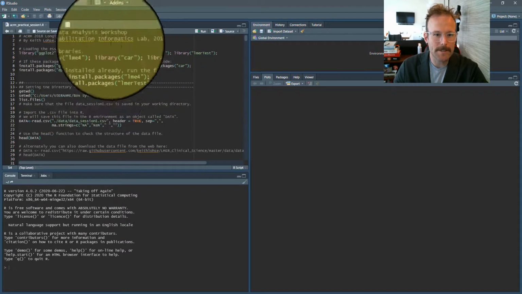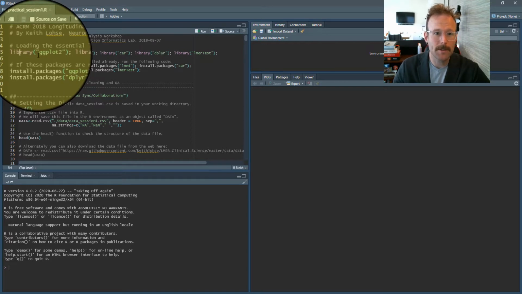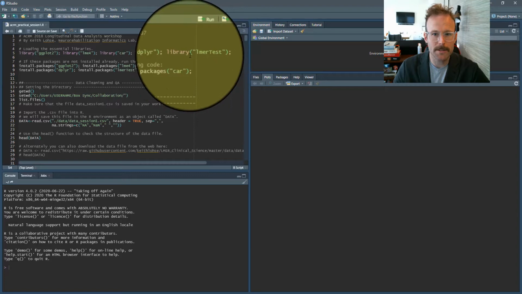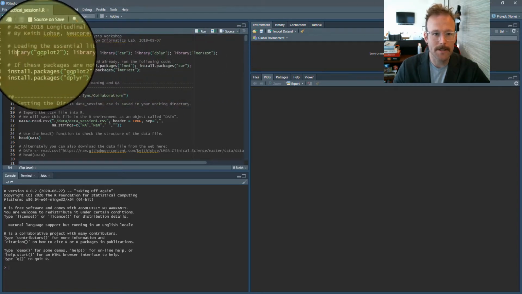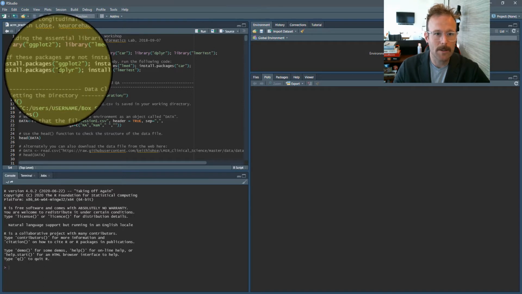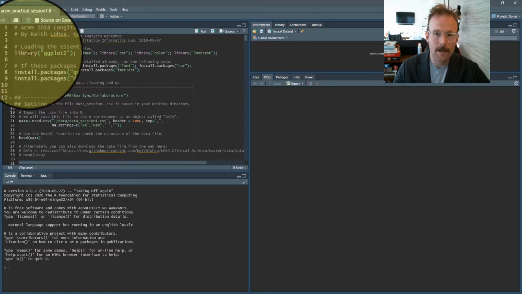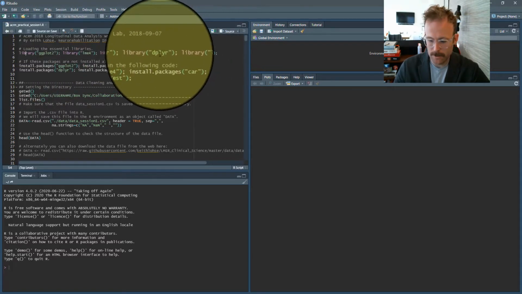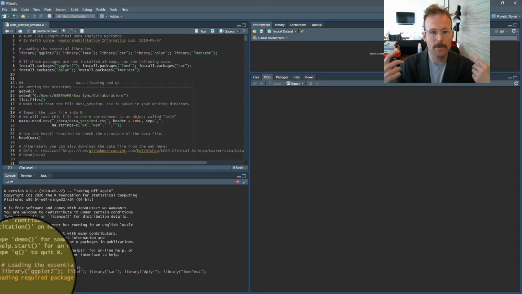So once we have this open, I'm going to run the first bit of code, which is to open these packages into our library. So if you watched the previous video, we talked about installing and using some of these packages. So right now, I'm going to go ahead and just run the code on line 6 by placing my cursor on that line. And then I can either click run up here, or I can place my cursor on that line and hit Control Enter, or Command Enter if you're on a Mac,